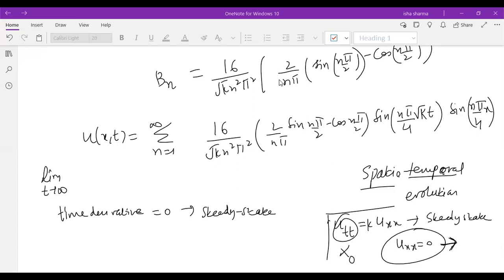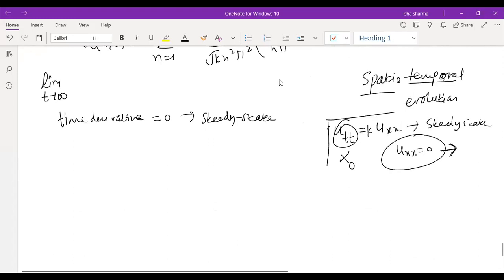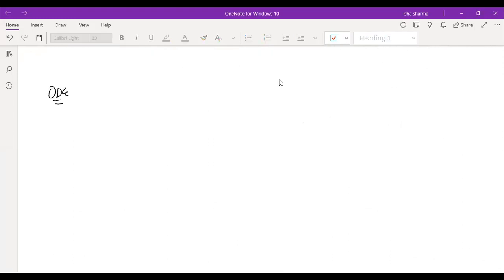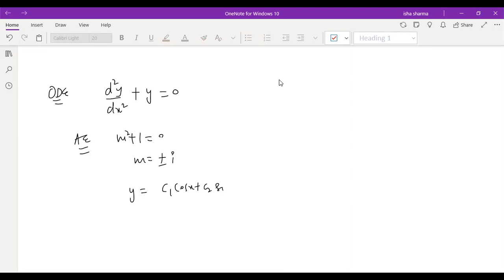अब जैसे मैं बोलती हूँ कि कोई डिफरेंशियल इक्वेशन है, suppose we write some ordinary differential equation, say d2y by dx2 plus y is equal to 0. इसको जब हम solve करते हैं तो auxiliary equation बनती है m square plus 1. तो इसके जो रूट्स बनते हैं, और सॉल्यूशन हमारा क्या आता है, c1 cos x plus c2 sin x. तो सपोज कुछ कंडीशंस गिवन है और हमारे पास c1 c2 की वैल्यू आ गई. सपोज एक पर्टिकुलर सॉल्यूशन आ गया cos x plus sin x, या फिर एक सॉल्यूशन आ गया y is equal to sin x.